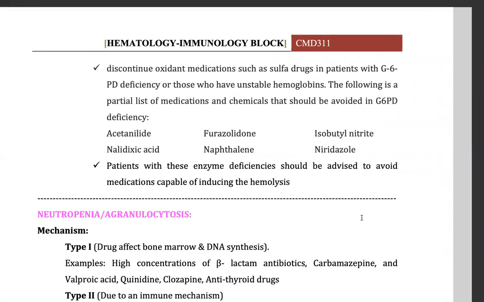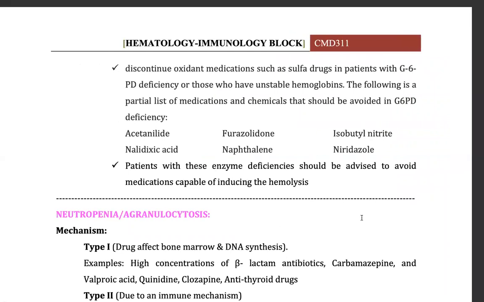Second one, discontinue oxidant medications. Oxidant medications means the drugs which cause the oxidative hemolytic anemia, such as sulfa drugs. Sulfa drug means sulfonamides, in patients with glucose 6 phosphate dehydrogenase deficiency or those who have unstable hemoglobins. And the following is a partial list of medications and chemicals that should be avoided in glucose 6 phosphate dehydrogenase deficient persons. And these are the